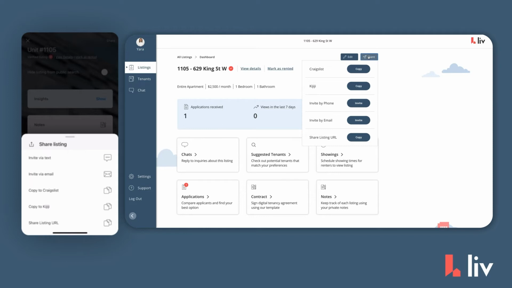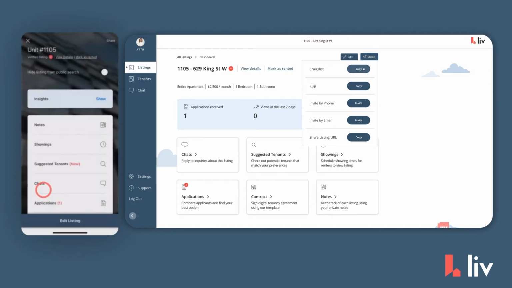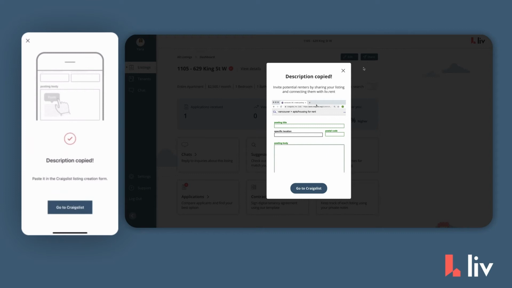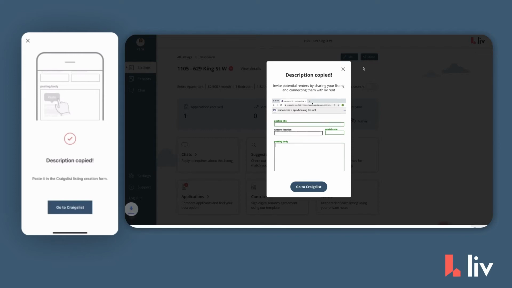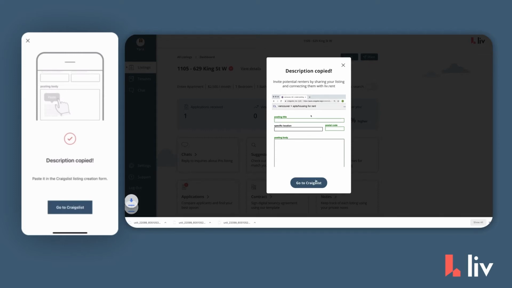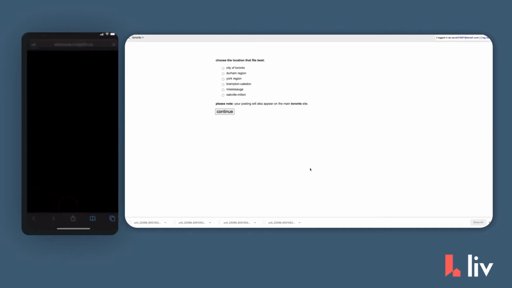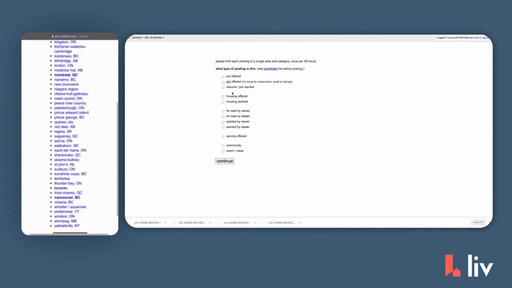Now, with Craigslist and Kijiji, we can actually syndicate our live.rent listings in just a few clicks. First, we'll start off by showing you how to do this with Craigslist. Click on Copy. Here, your live.rent listing description will be automatically copied. As well, it'll begin to download the photos from your listing to the computer or mobile device that you're using. Next, you'll want to hit Go to Craigslist and pick the best fitting location and then continue to follow the